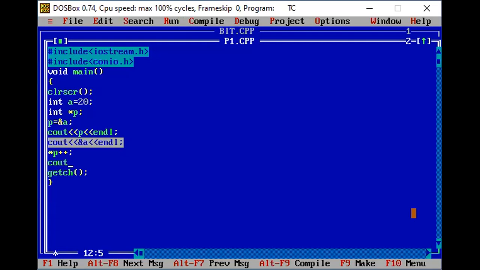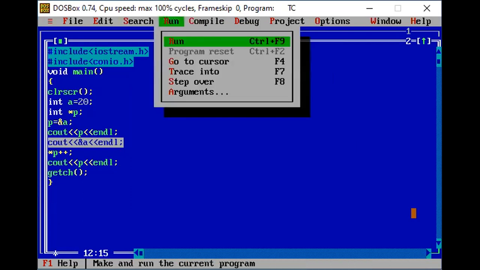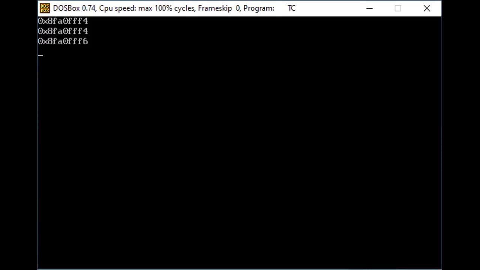If I look at the value of the pointer variable, you can find that the address of the p pointer variable and the a variable is the same, but when I incremented the pointer variable, its address value is shifted by 2.